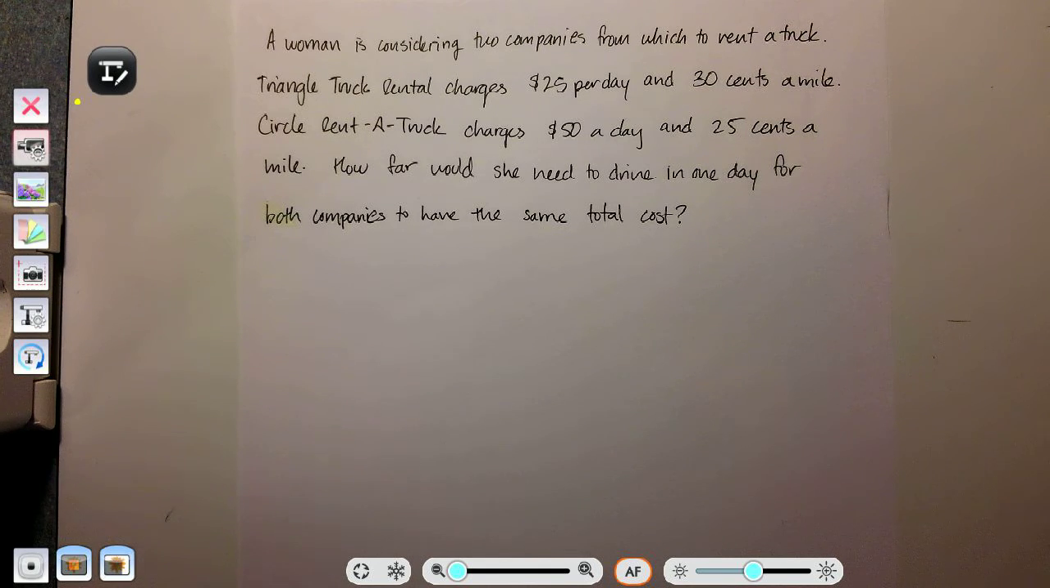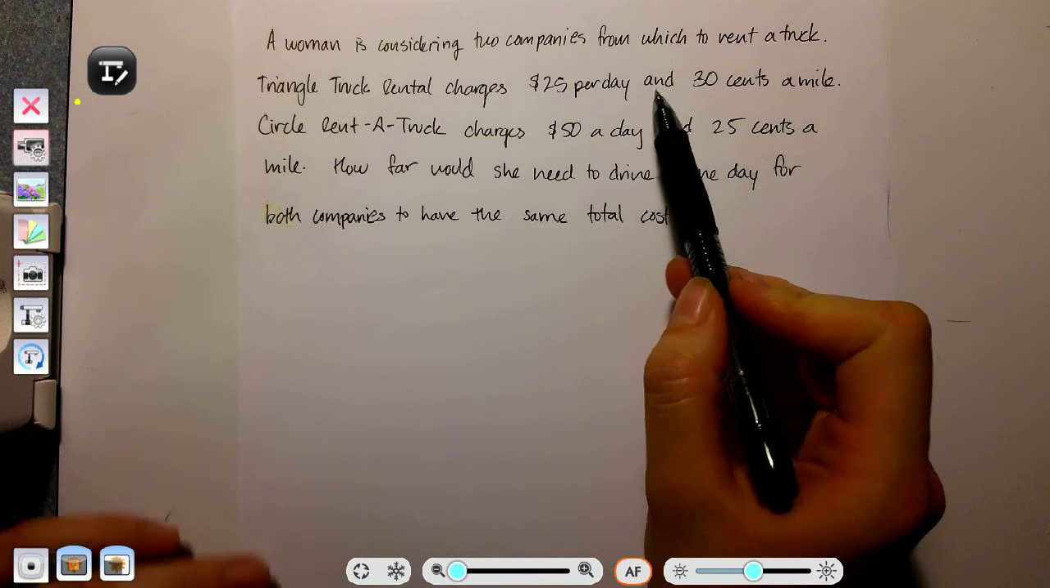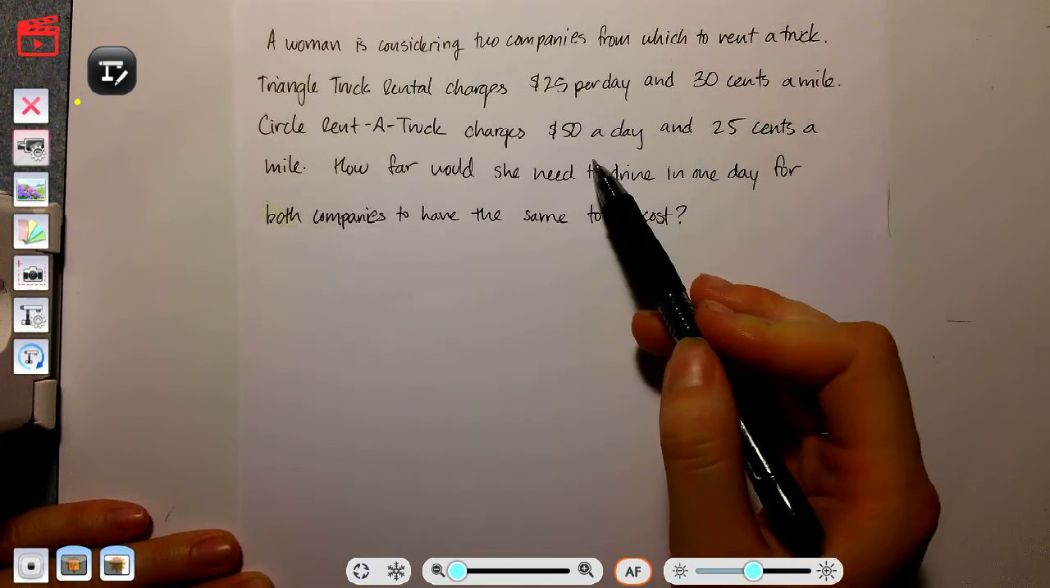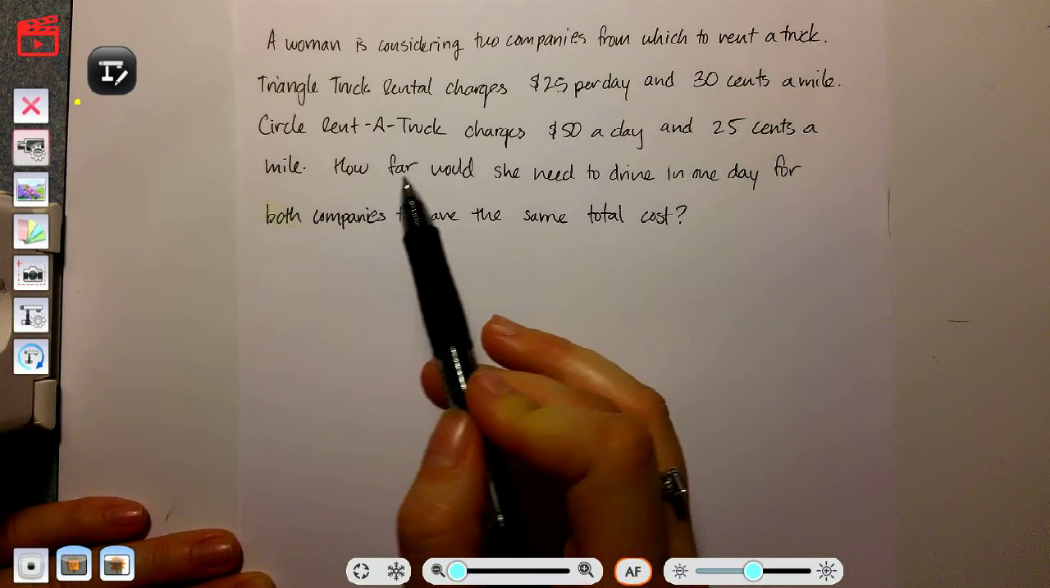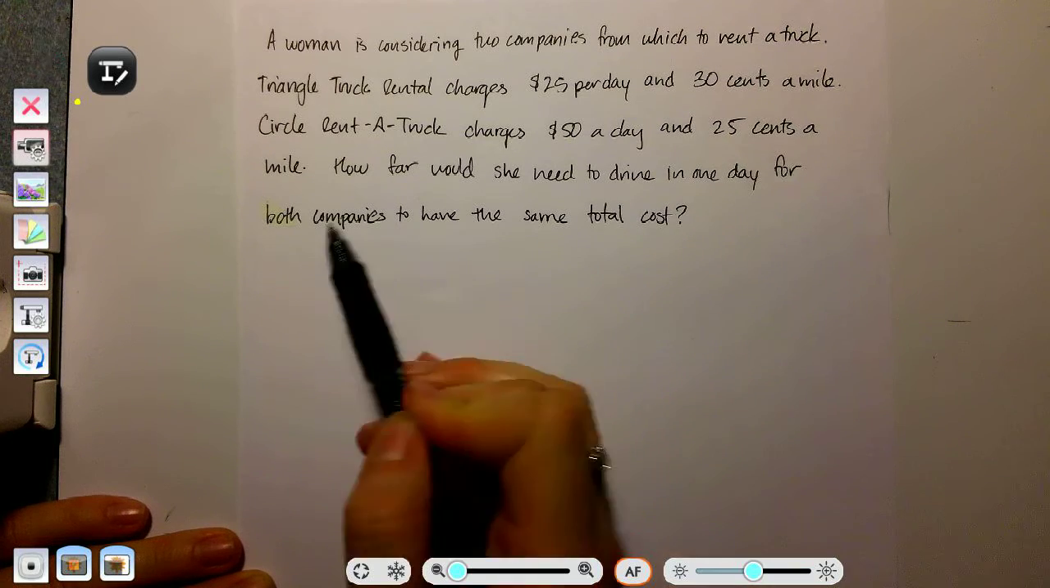Okay, so we're taking a look at this word problem. A woman is considering two companies from which to rent a truck. Triangle Truck Rental charges $25 per day and 30 cents a mile. Circle Rent-A-Truck charges $50 a day and 25 cents a mile. And here's the question. How far would she need to drive in one day for both companies to have the